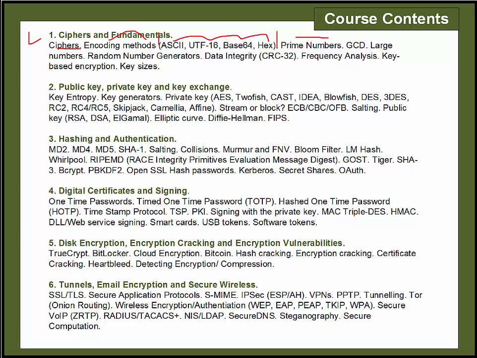Then we'll look at key concepts around prime numbers, the greatest common denominator, and also large numbers. We use a concept called big integers in cryptography. And then on to random number generators. We'll have a look at some basic integrity methods such as CRC32, a basic frequency analysis, some key-based encryption, and then key sizes. And then we'll go on to look at the public key, private key and key exchange, and